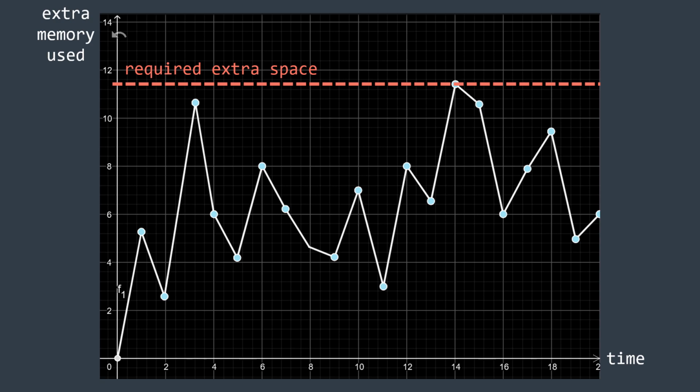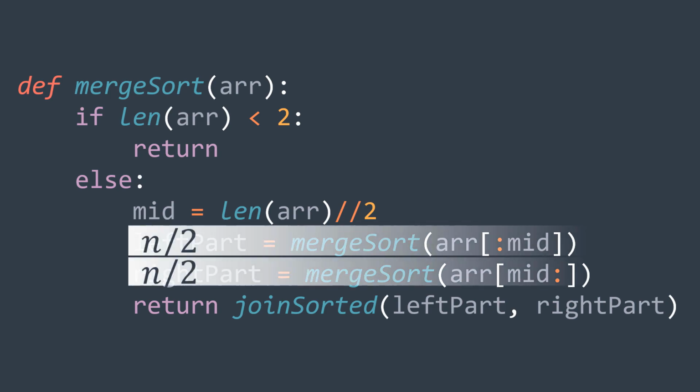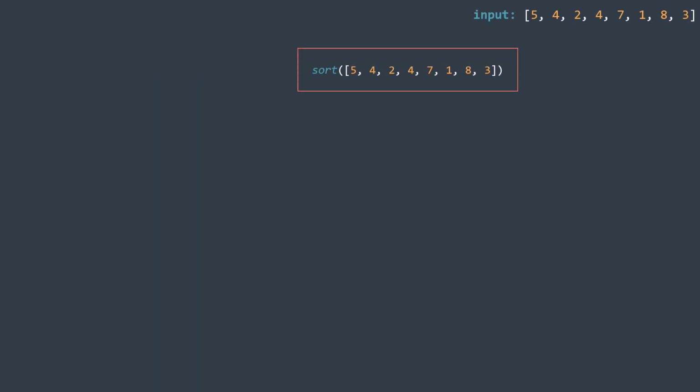Let's analyze the space complexity of merge sort. We have two things to take into consideration, the call stack size and the sum of sizes of local variables. In merge sort, we need extra space to create the left part and the right part, because slicing an array creates a new one. If the array has n elements, the left part will have n/2 elements, and same thing for the right part. And n/2 plus n/2 is n, so a recursive call that stores n elements requires n extra space. If we want to sort this array, for example, the initial function call will use n extra space,